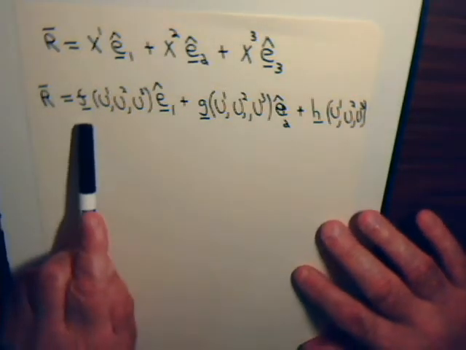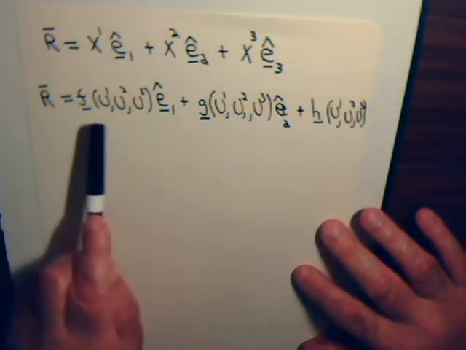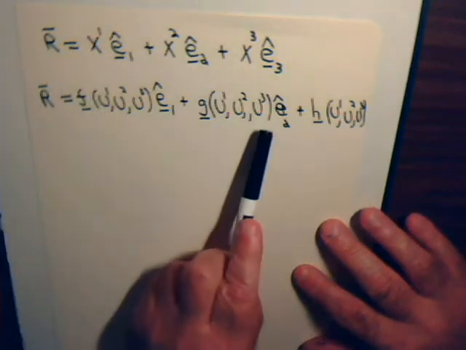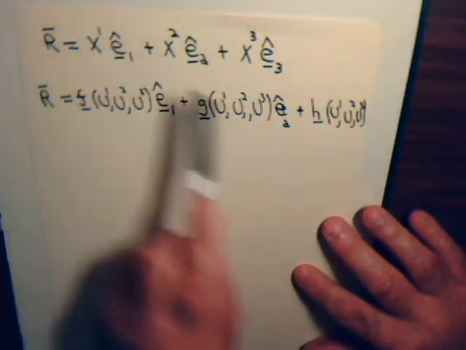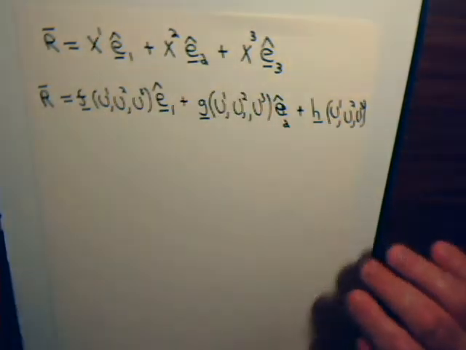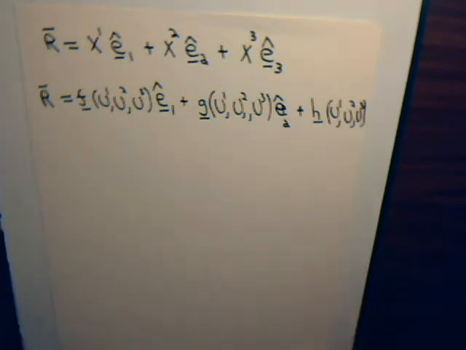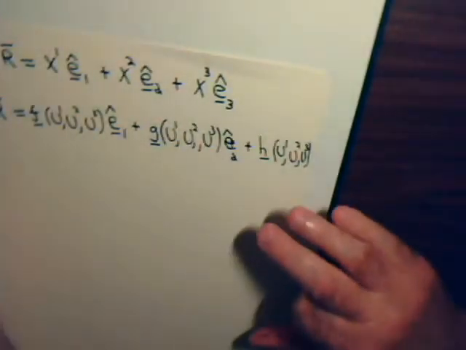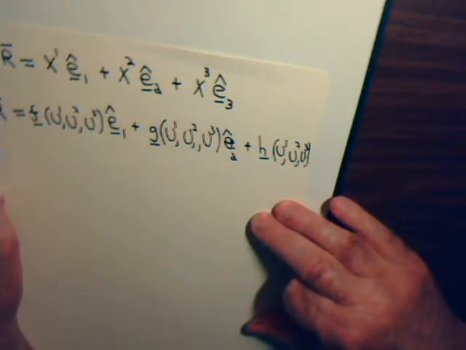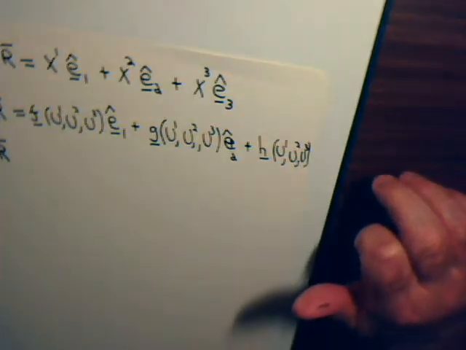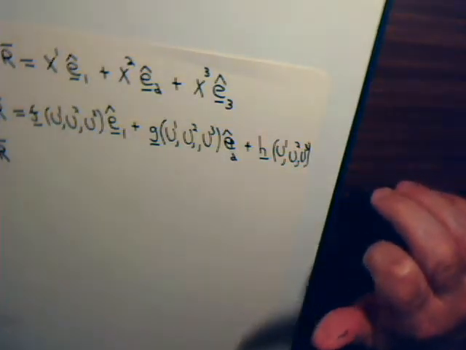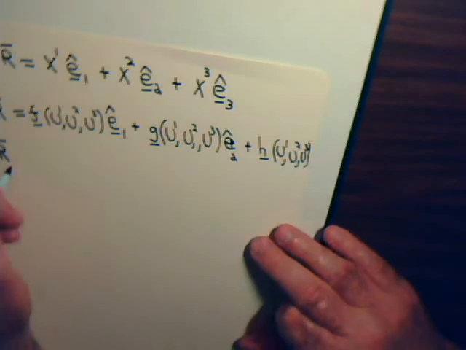x1, we know the function of u1, u2, and u3 that gives us x1. Same thing for x2, and the same thing for x3. So that means that if we wanted to, well, first we can write dr, a differential displacement of r. We could write that very simply just by using elementary calculus. That would equal